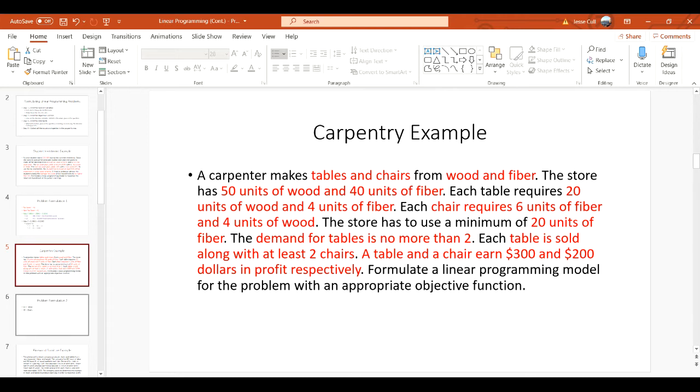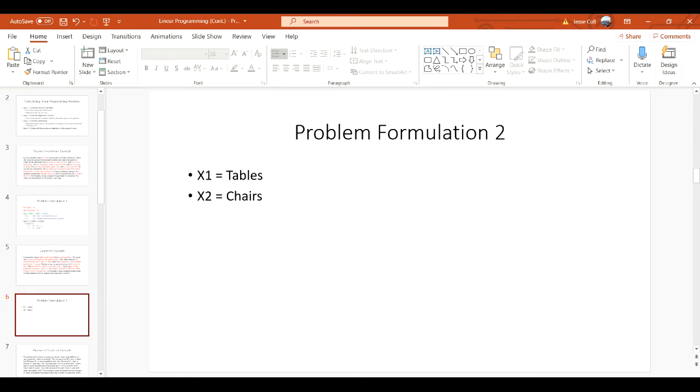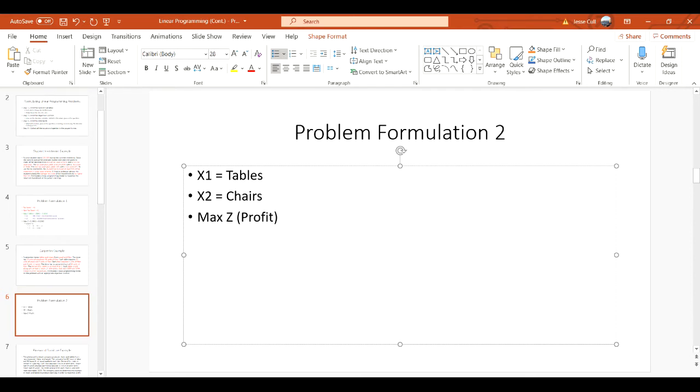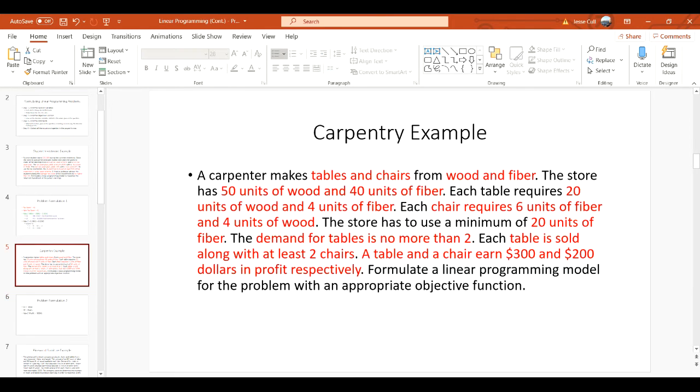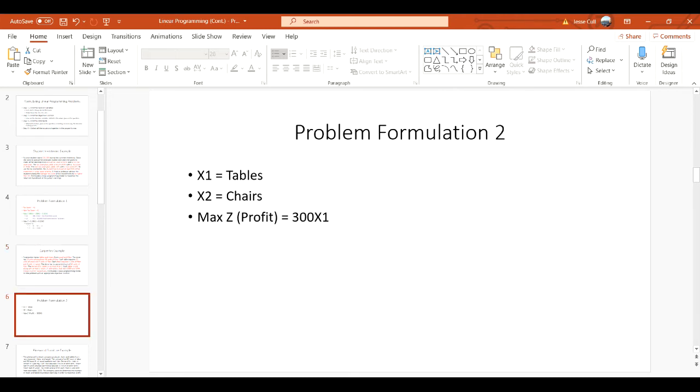So we can do our objective function here. Max Z, and that represents profit in this situation, is equal to 300 x1. And we see that here, $300 for every table, $200 for every chair. So 300 x1 plus